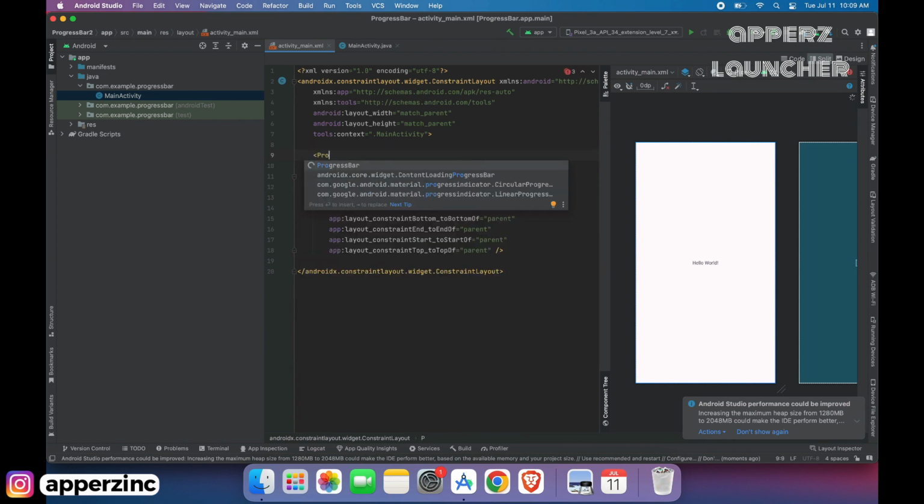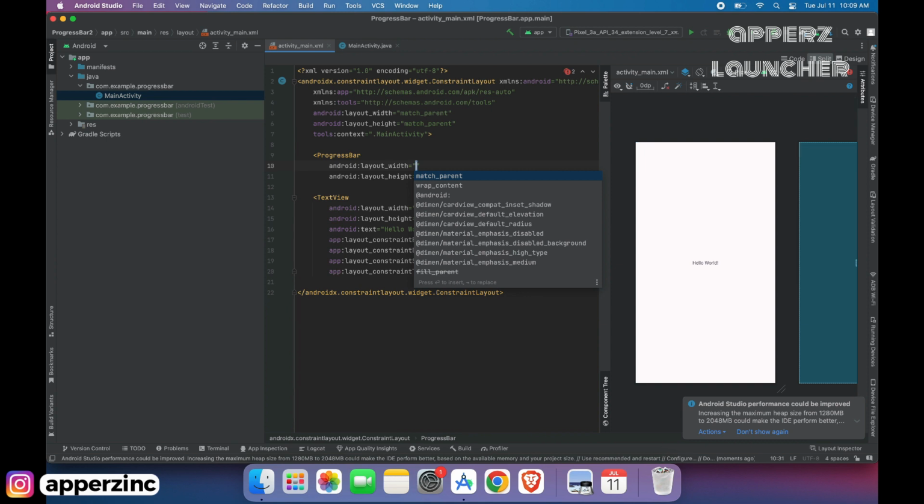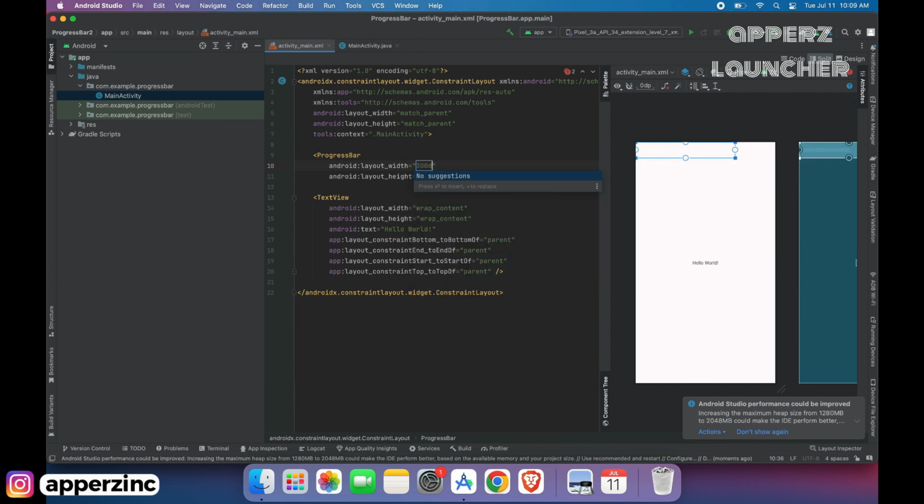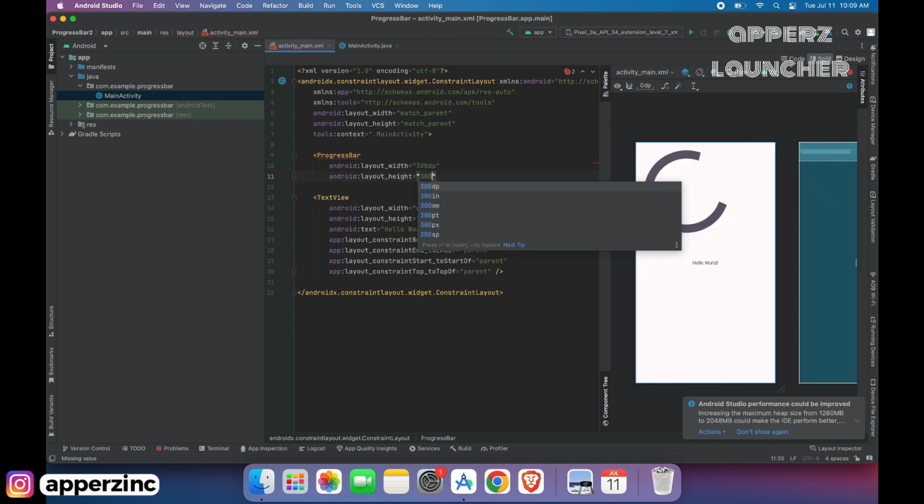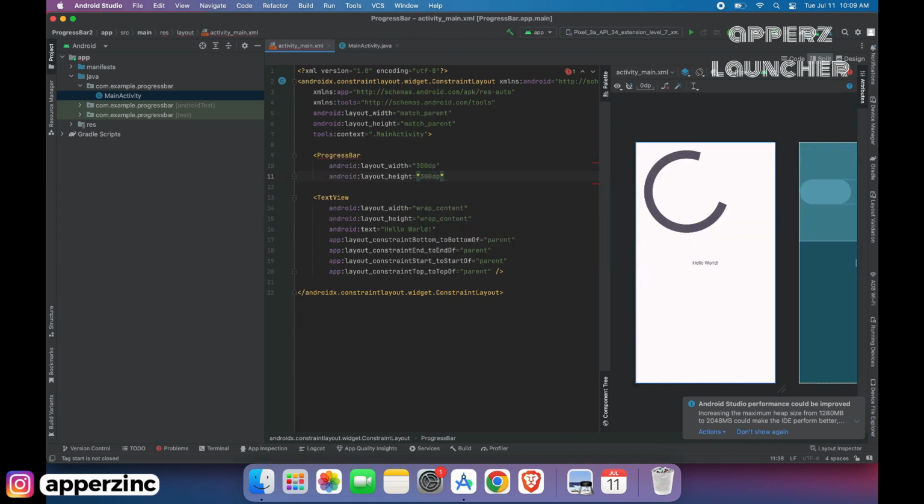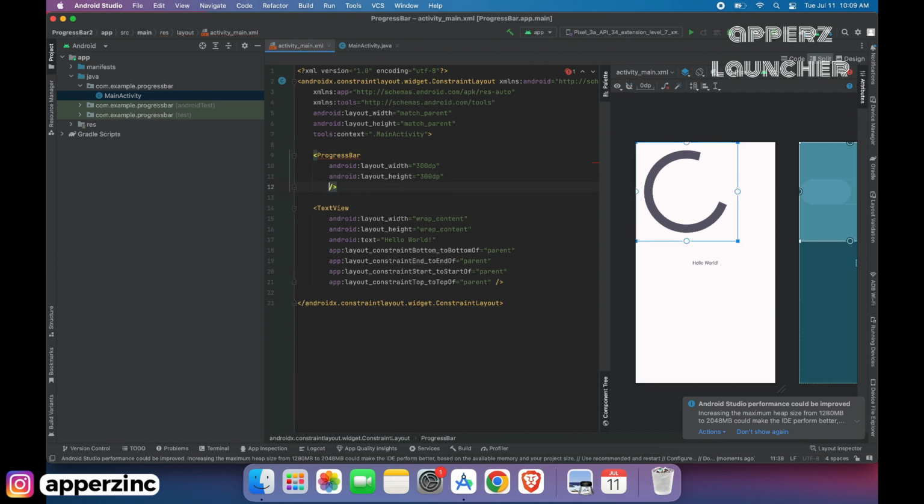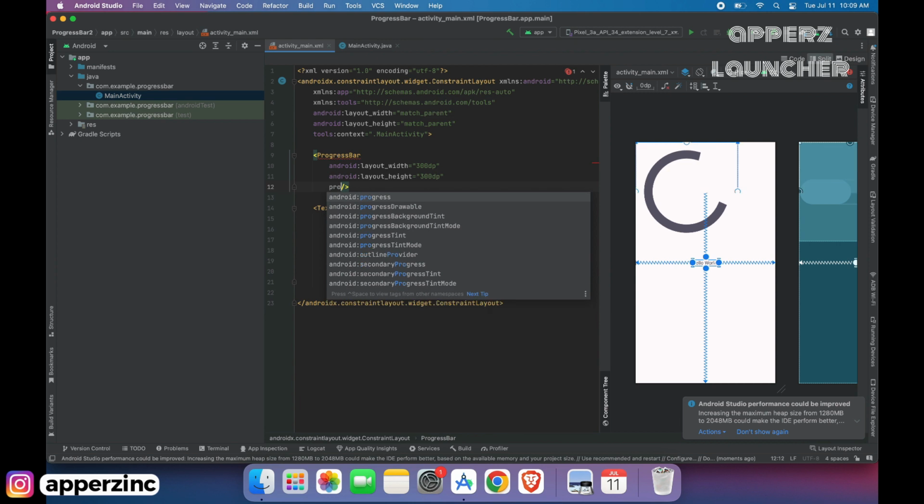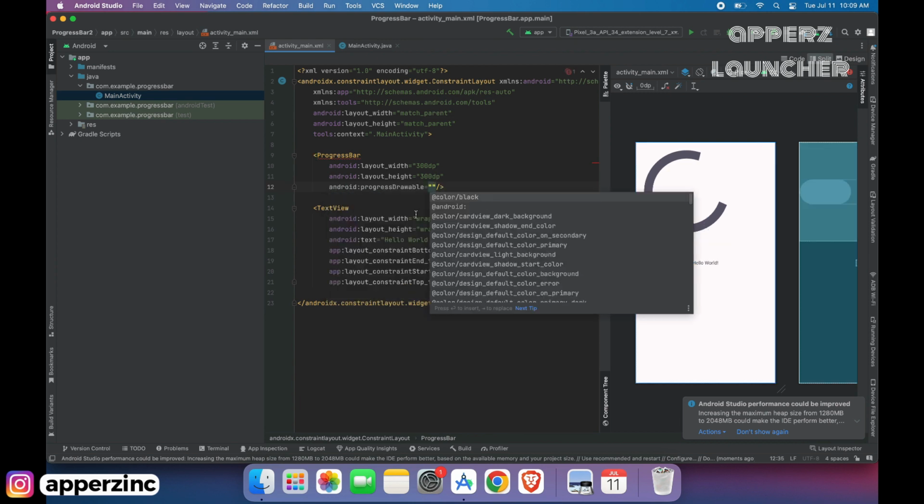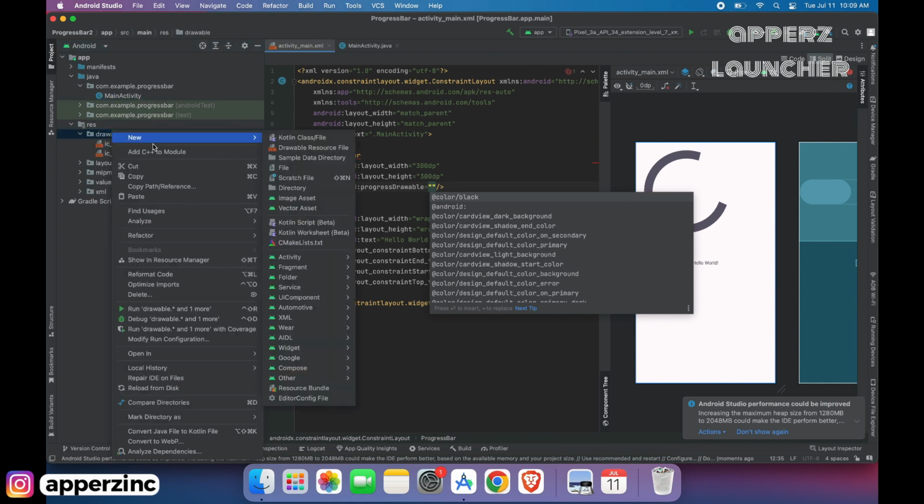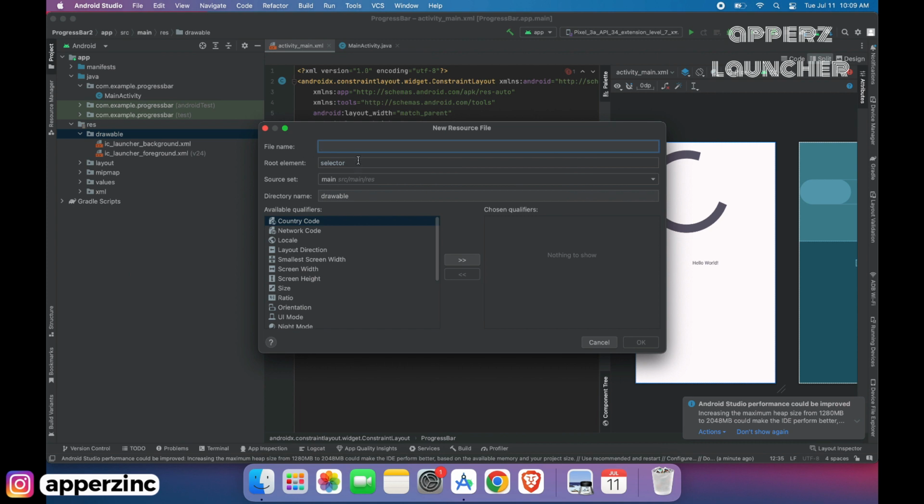Let's create progress bar. Now let's create the progress drawable. So come to resource, drawable, progress,